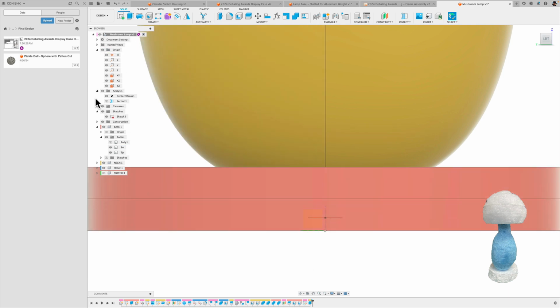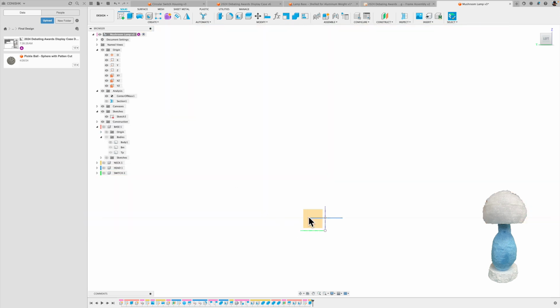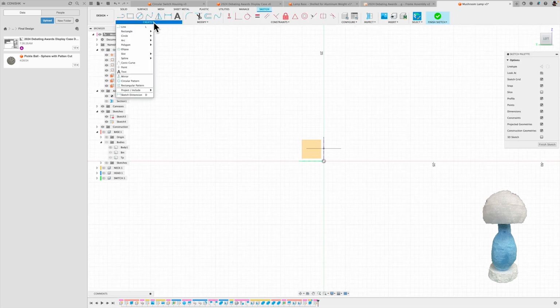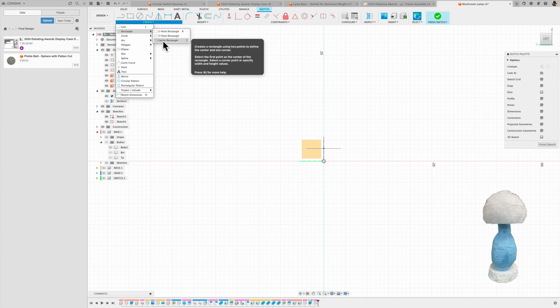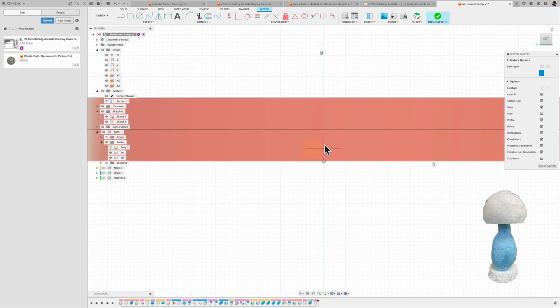I'm creating a new sketch, turning off what I don't need to see, a new sketch on the YZ plane, and turning my base back on. I'll create a rectangle here, so I can't see it, so I turn that base on. This is where the USB power cable goes, and I'm creating it between the splits. So you can see the split line there between the bodies, and using a 4x4 square I've created the sketch,